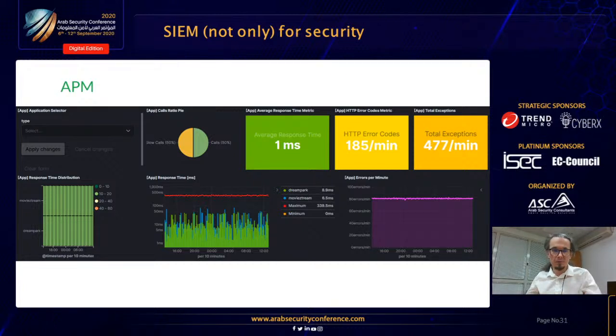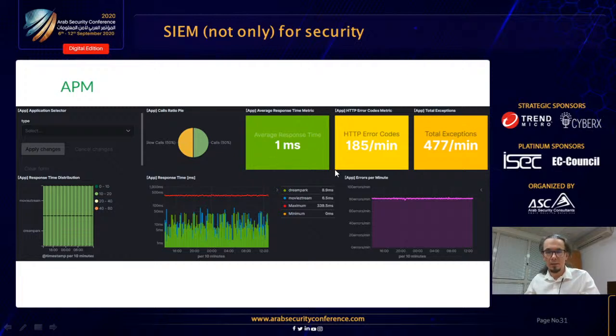We can see that 50% of the calls of applications are slow, so it's bad, and 50% of the calls are green, meaning the normal calls. We can see the average response, and the green background indicates that it's a very good time, 1 millisecond of